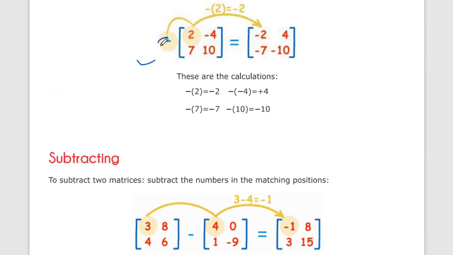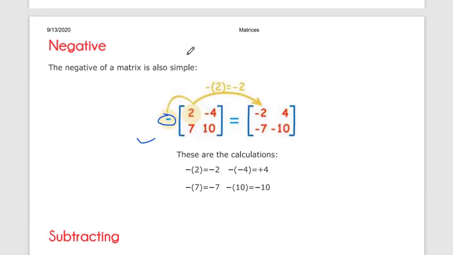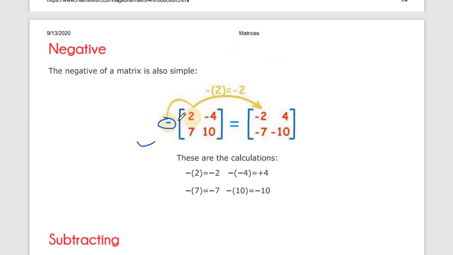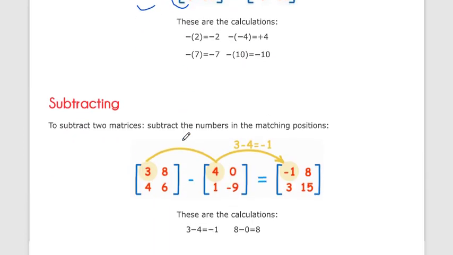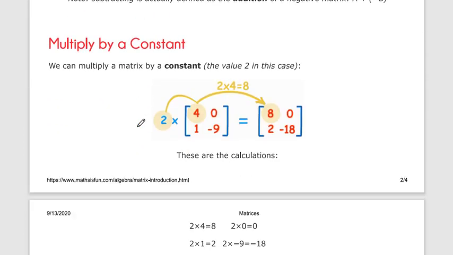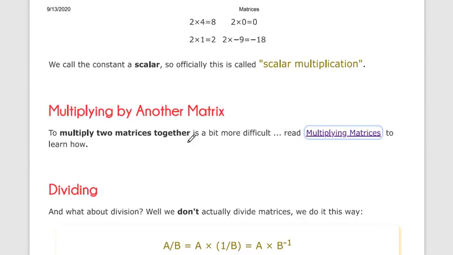negation: if a negative sign is outside the bracket, then we apply the negation sign to all the elements. Okay, subtraction. Multiplying by a constant: all the elements will be multiplied with the scalar quantity or constant. Okay,